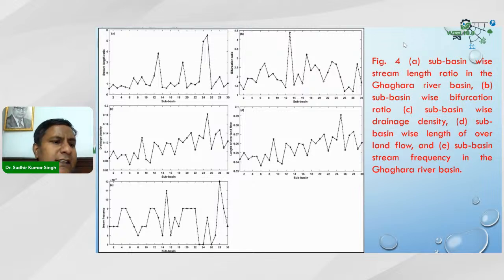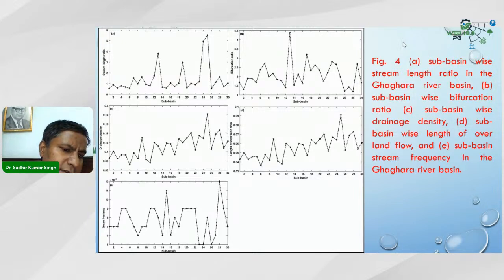And these are basically some plots showing how the stream length ratio varies at the sub-basin level. In total we have identified 30 sub-basins based upon the order of the stream. We have 30 sub-basins in our study site. Then bifurcation ratio versus sub-basin, then sub-basin versus drainage density, and sub-basin versus length of overland flow